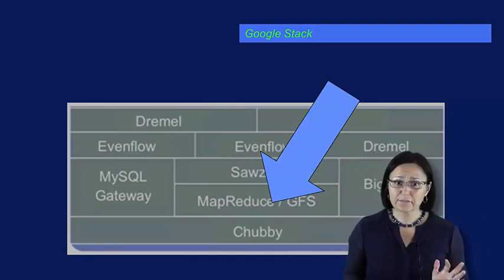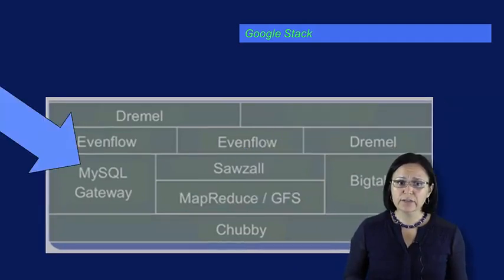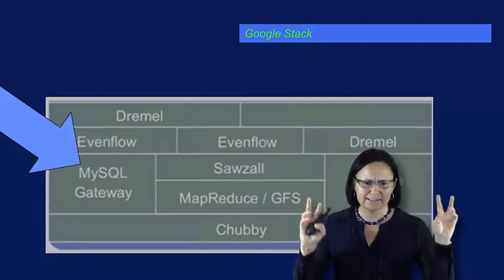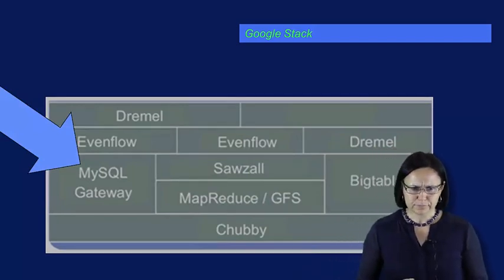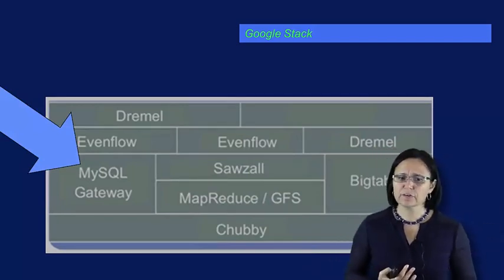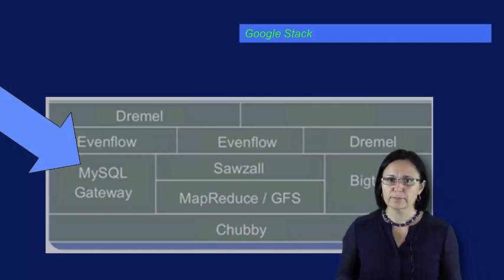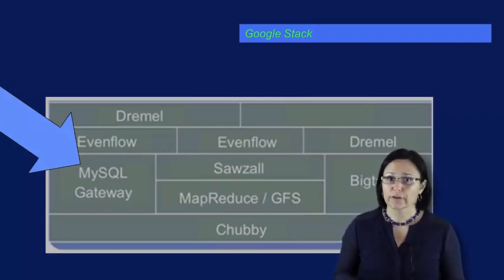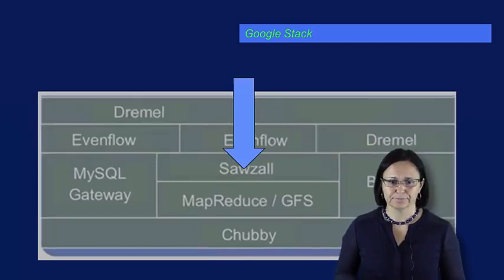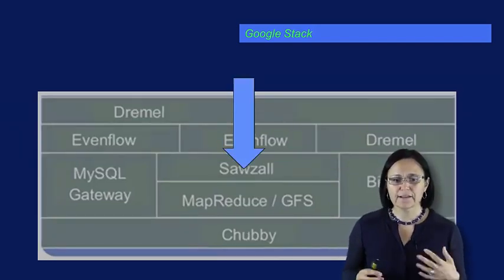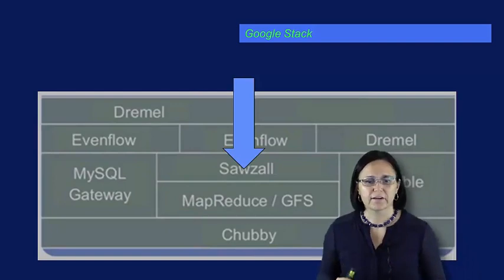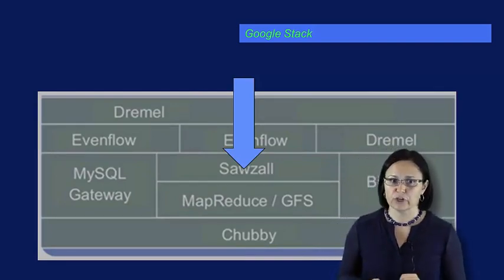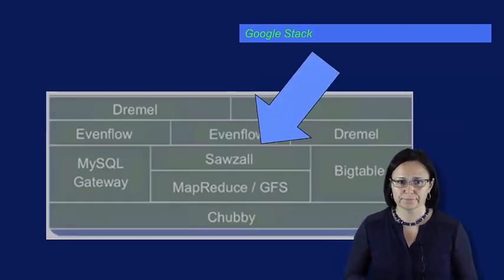They were storing and processing large amounts of data. Then they said, well, that was really great, but we would really like to be able to access that data in a SQL-like language. So they built the SQL gateway to ingest the data into that MapReduce cluster and be able to query some of that data as well. Then they realized they needed a high-level specific language to access MapReduce in the cluster and submit some of those jobs, so Sawzall came along.